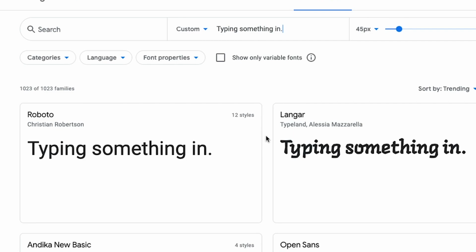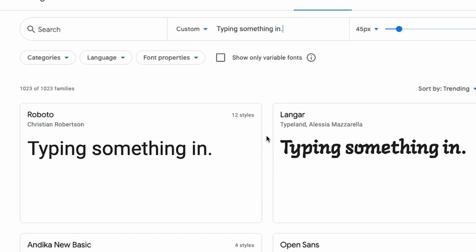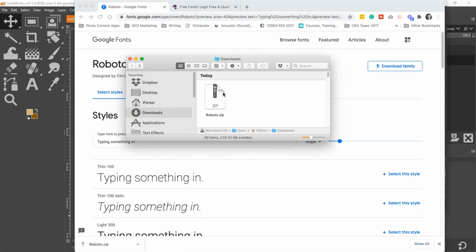font, which is really helpful if you're doing a logo or a trademark or some other type of content where you would like to see what that particular font is going to look like with that text before you download and begin using it. So once you go through all of these different fonts and you find that perfect font, all you have to do is click on it and then click on Download Family right here to download that font. And then you just need to navigate to the location where you downloaded that file and unzip it if